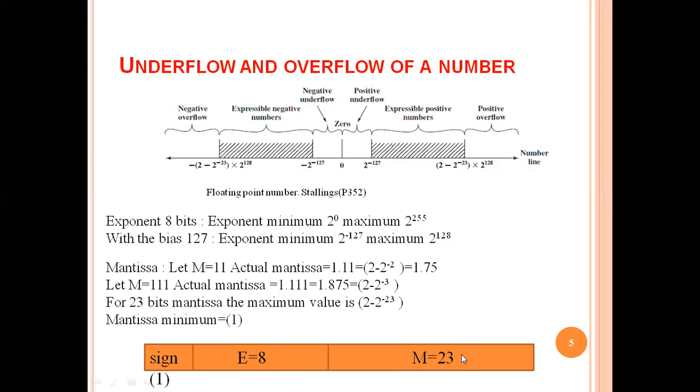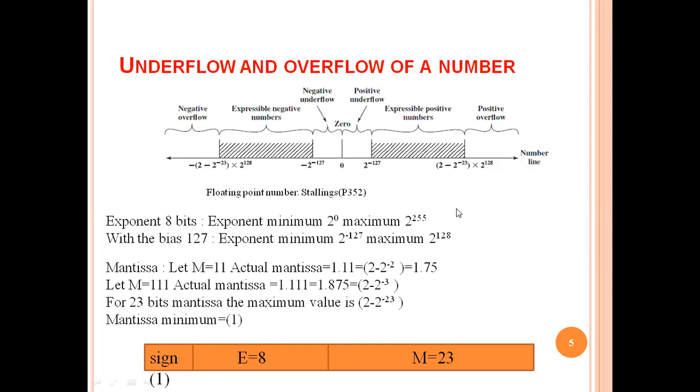The number, as you know, should be represented in the normal form to convert it into IEEE 754. Now the question is, what is the maximum number that can be represented by this system? Clear? So here, see here, the exponent, I have already told you, is 8 bits. So what is the minimum number it can represent? 2 to the power 0, and the maximum for 8 bits is 2 to the power 255, because the number is 2 to the power of the exponent. This is the maximum exponent it can generate.